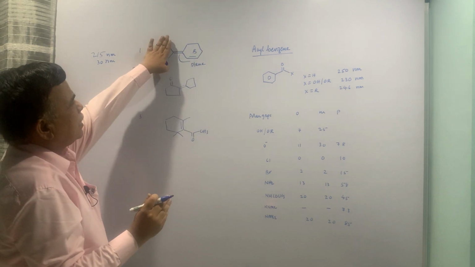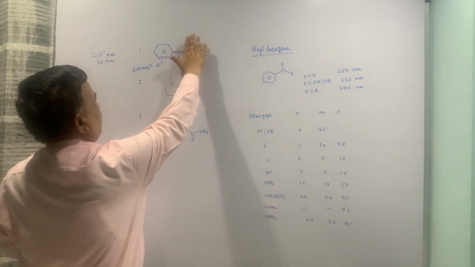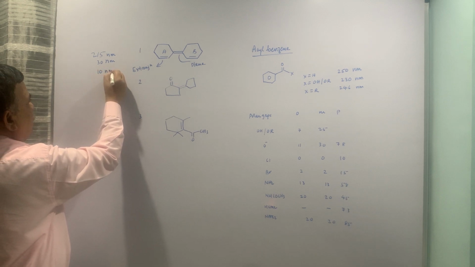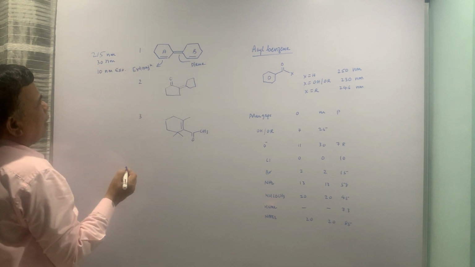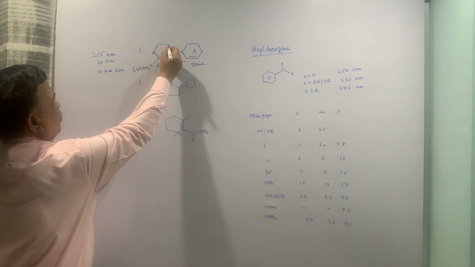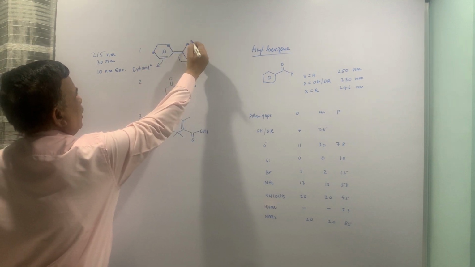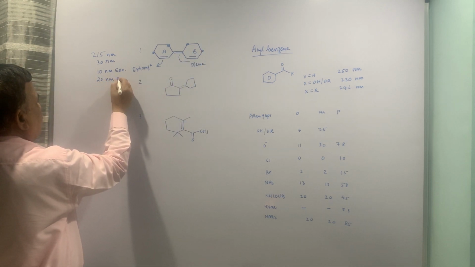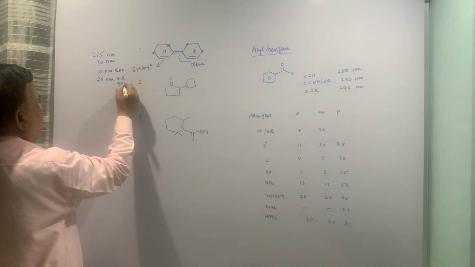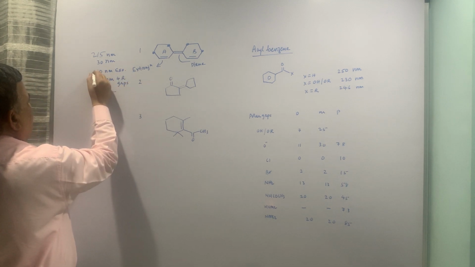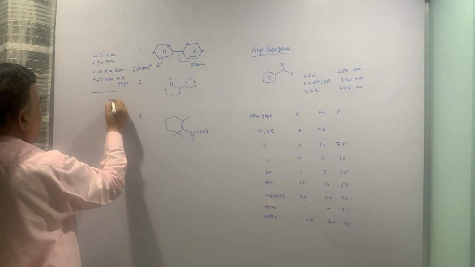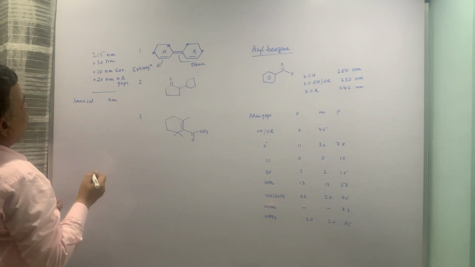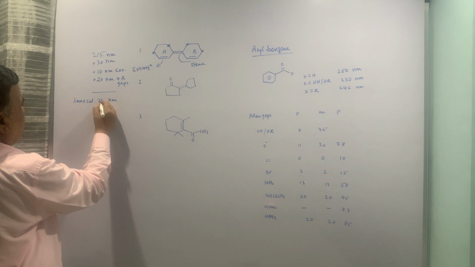So if I close it like this, it is exocyclic to B. If I do it the other way around, it is exocyclic to E. So 10 for exocyclic pi bond, and then the substituents you have to mark it 1, 2, 3 and 4. So 4 alkyl substituents, that is 4 groups you can say, or ring residues, and with all these increments you have to put the lambda max calculated for this molecule. So that becomes 245, 255, 275.